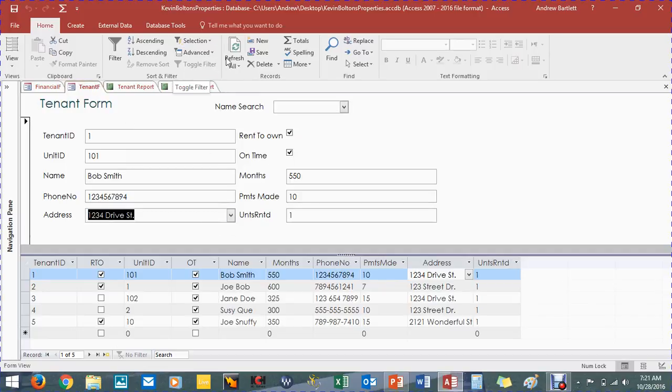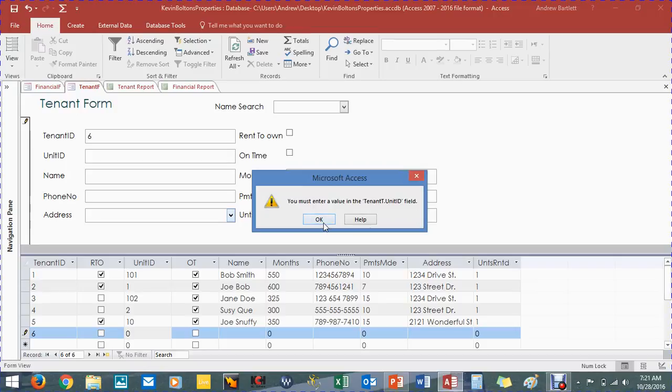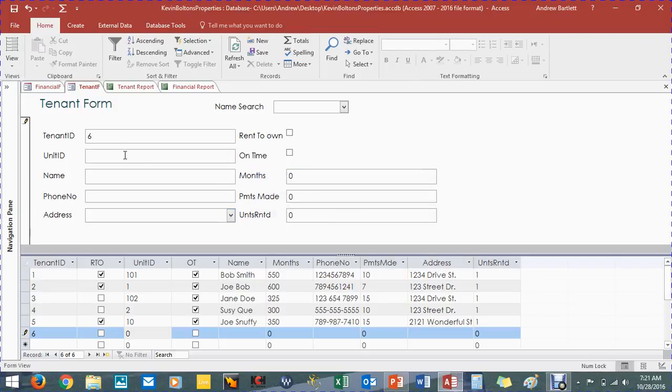Let's actually go through a quick example. You create a new tenant. Let's make it the 6th tenant. Actually, let's give him an address first. All right, unit ID. Let's give it the 3rd, because we already have 1 and 2, so we're going in order. So 3, name, any name,